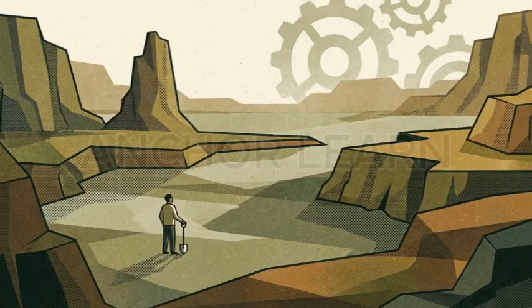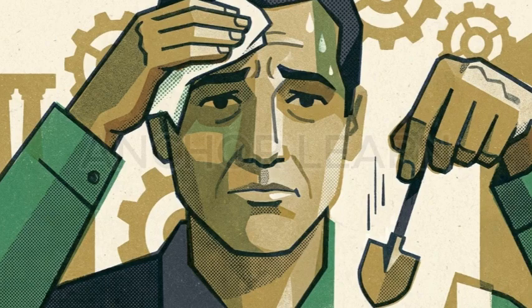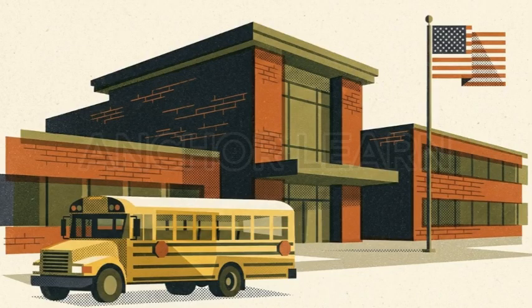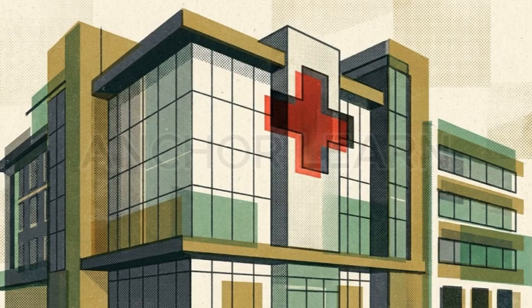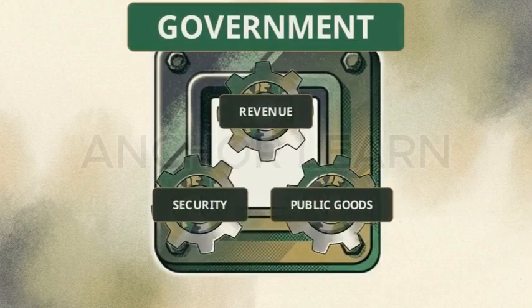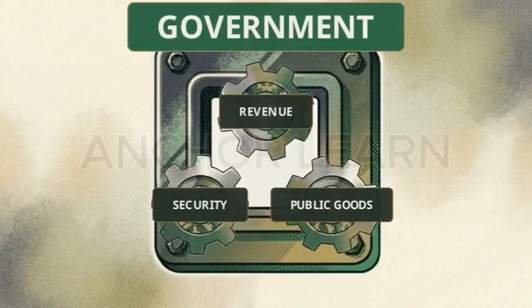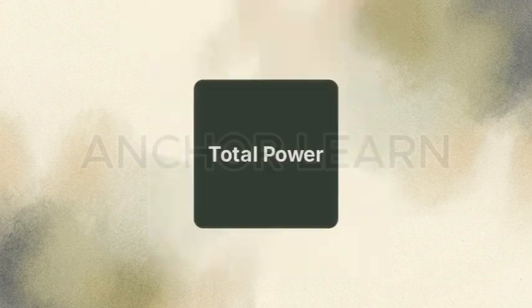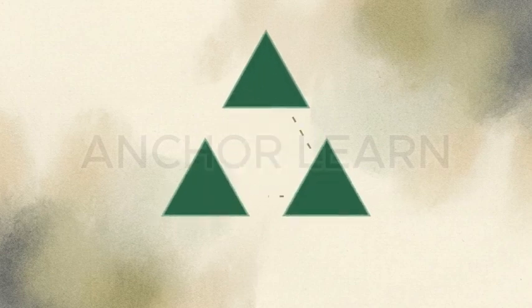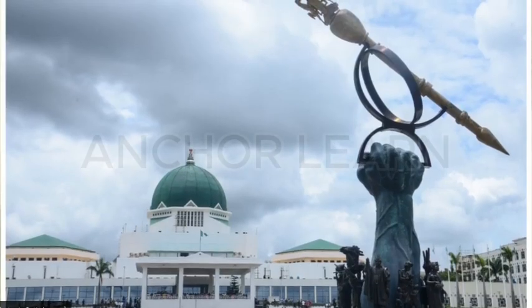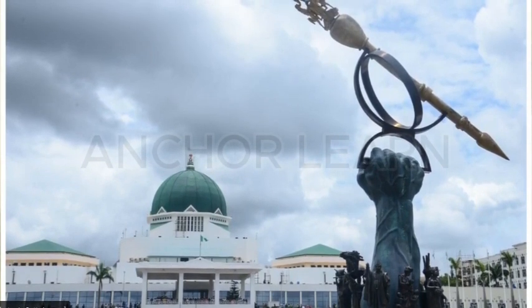These are services that individual citizens cannot easily provide for themselves, such as building roads, constructing new schools, and health infrastructure. Whether a government is democratic or otherwise, it is defined by its ability to maintain these specific characteristics and execute these functions. To perform its duties without centralizing too much power in one place, the government divides its labor into 3 distinct organs.